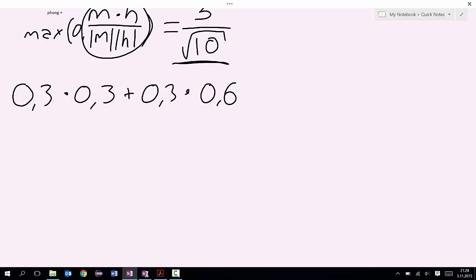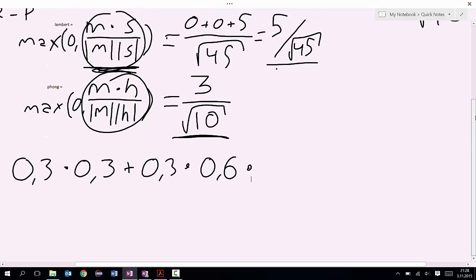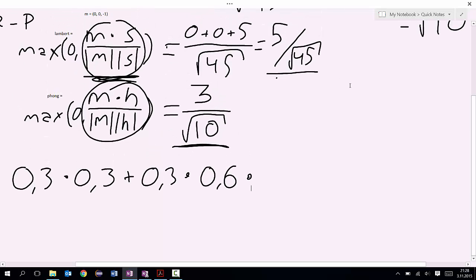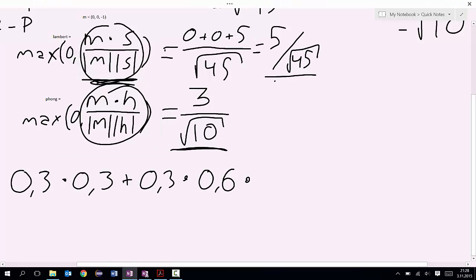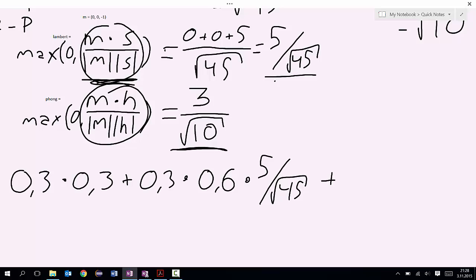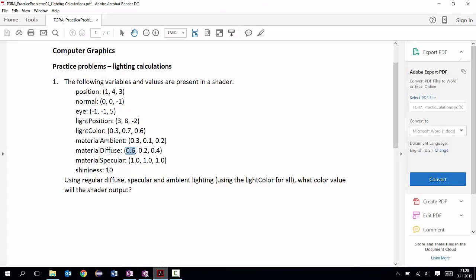So light times diffuse times Lambert, which is 5 by the square root of 45, plus the light color again, which is 0.3, times the specular part, which is 1,